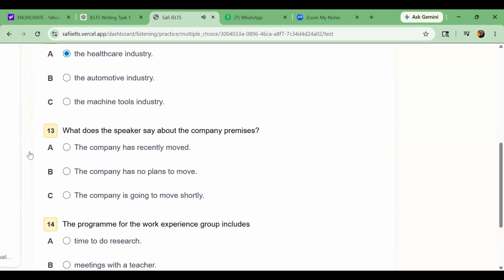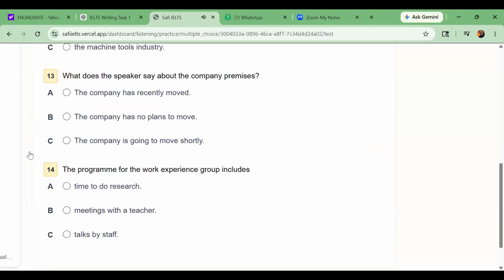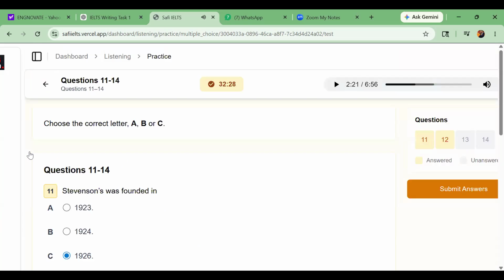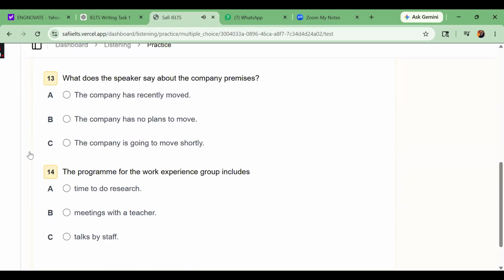We did for the first 5 years. Over the years, we've expanded the premises considerably. We were lucky that the site is big enough, so moving to a new location has never been necessary. So what does it mean? So they haven't moved. Clear? They haven't moved. So no plans to move.